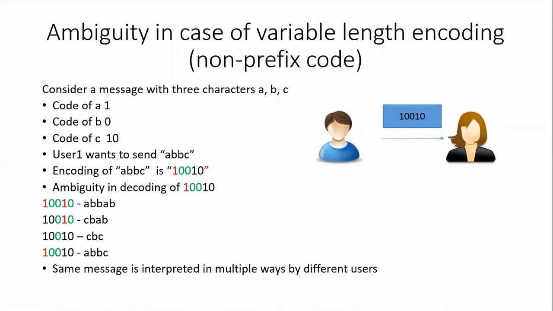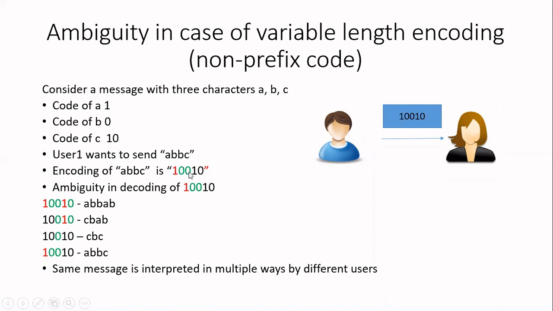Now let us see. I want to communicate with my friend. I want to send the message A, B, B, C. I have this table, so I'll look at the table and generate the code. A has the value 1, so I will write the binary data 1 for A. Then for B, the binary value is 0. It appears 2 times, so I am writing 0 two times. Then I have C. For C, I have chosen 1, 0, so I'm writing 1, 0 now. I have constructed a message like this, which has a total of 5 bits.